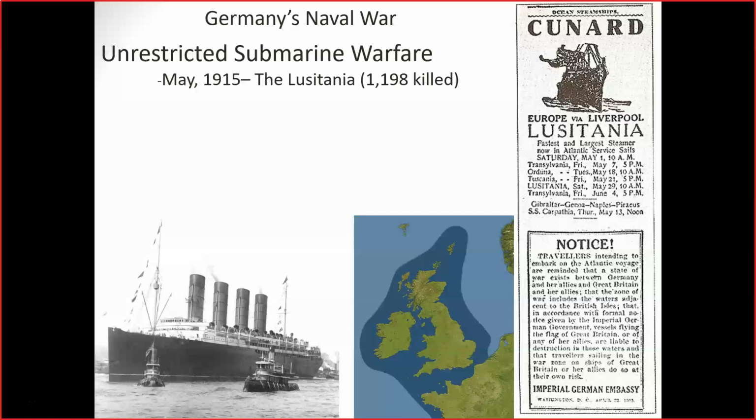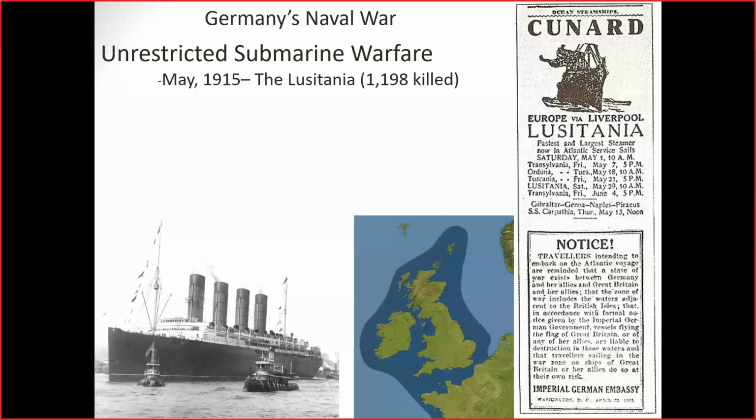Because what this meant is that Germany was going to use its submarines, its U-boats, to sink without warning any vessel that it deemed to be a potential threat, a potential sort of transport of military equipment, supplies, anything related to the war effort. And so what this means is that the shipping going to the United Kingdom here is all being targeted by German U-boats. The first case of a really, really controversial sinking of an ocean liner was the sinking of the Lusitania,